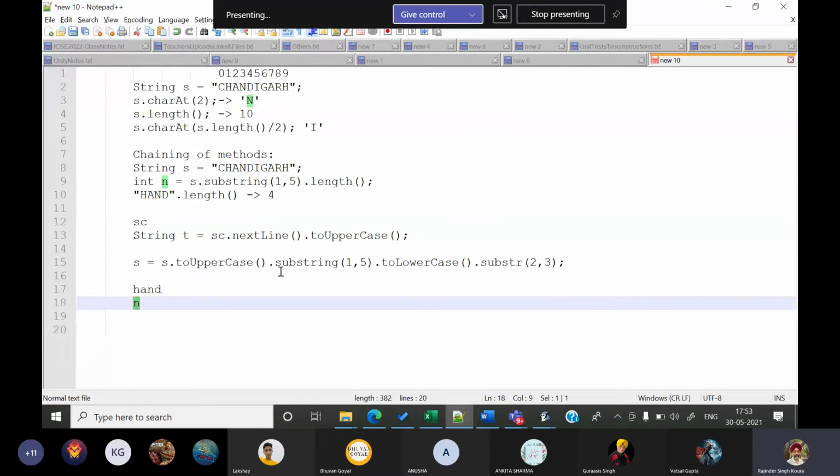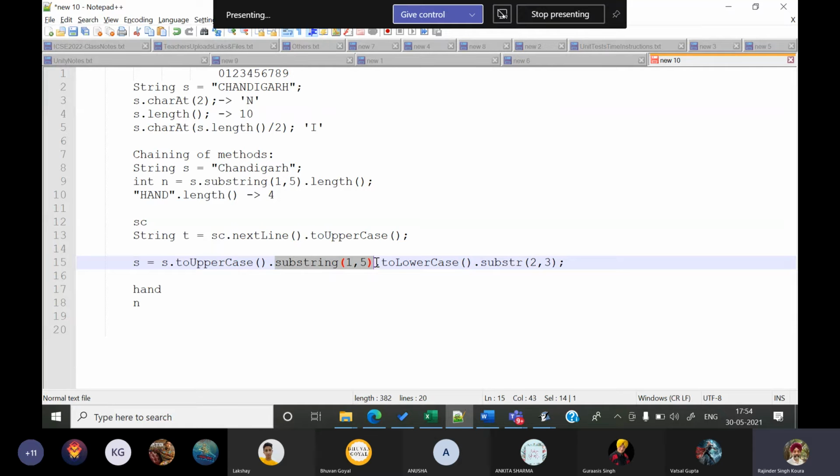N. So basically क्या किया उसने? This s dot toUpperCase actually converts this into uppercase. Suppose this was not in uppercase, it will convert the whole thing into uppercase. That uppercase string becomes the invoking object for substring. The result of substring 1 comma 5 is HAND only.